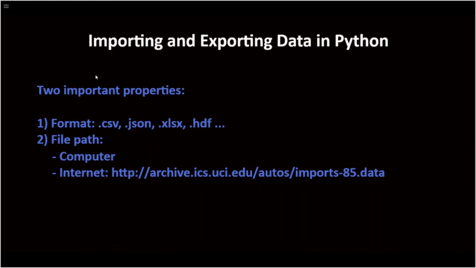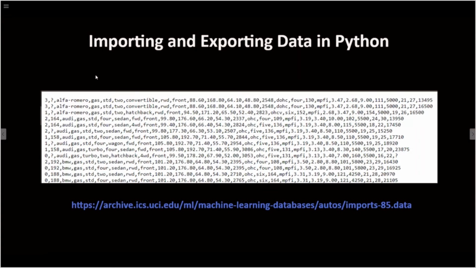The path indicates where the data is kept. It is usually saved either on the computer we are using or on the internet. In our situation, we discovered a dataset of used automobiles using the site link provided on the slide. Each row represents a single data point, and each data point is connected with a huge number of attributes. We can assume the data format is CSV, which stands for comma separated values, because the properties are separated by